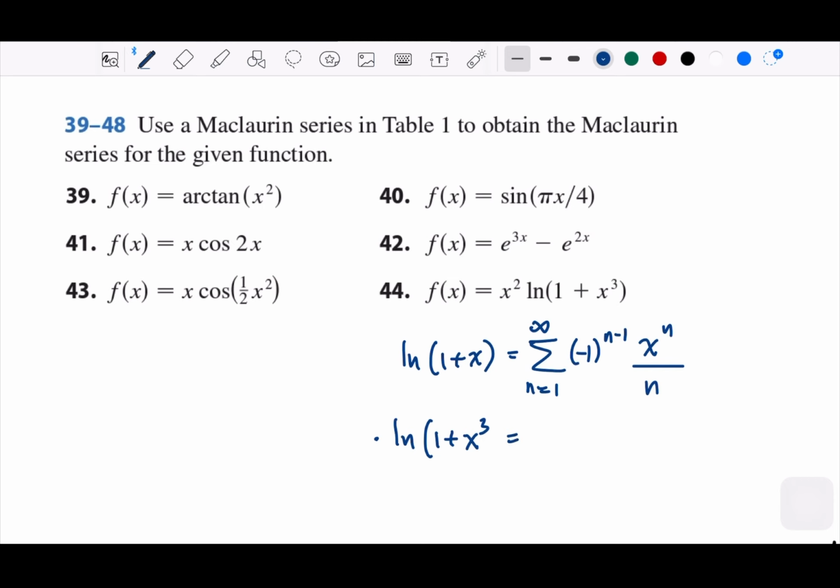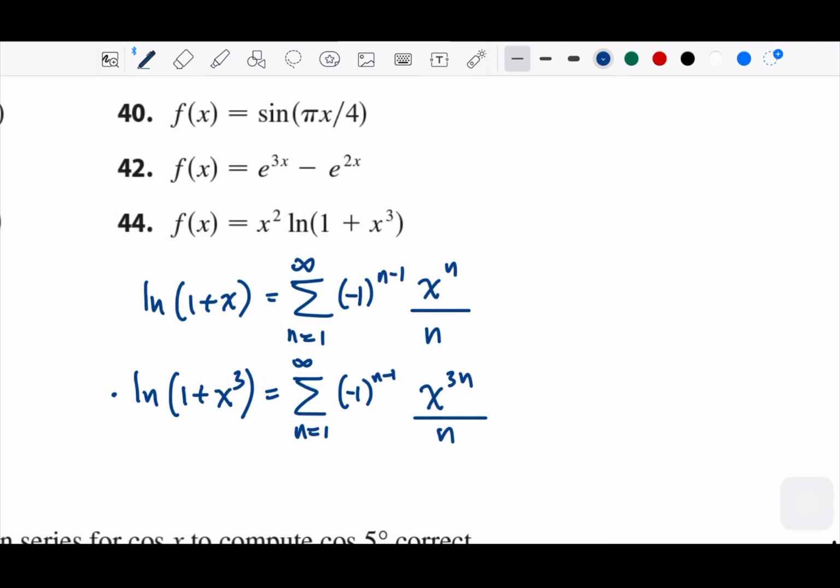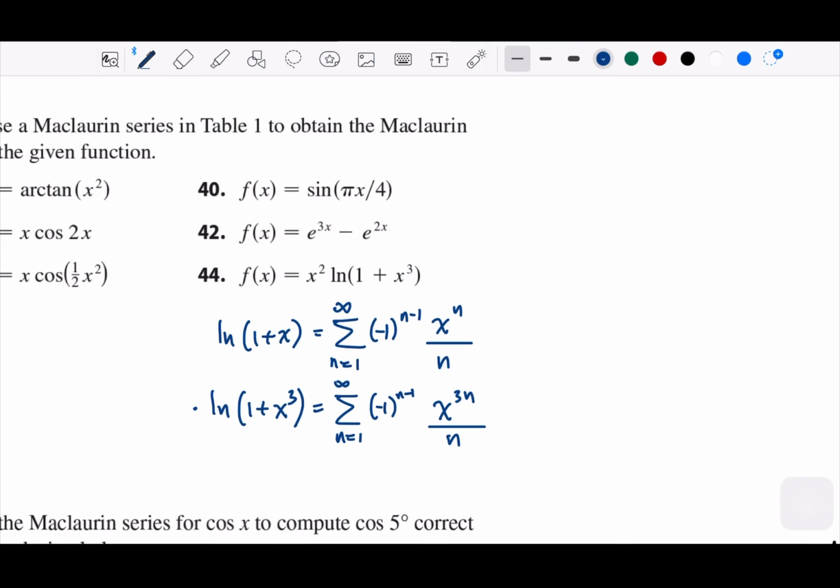Okay, so this will be x^(3n) over n, and then multiply with x squared. So right here, x squared ln(1 plus x cubed) is x squared,